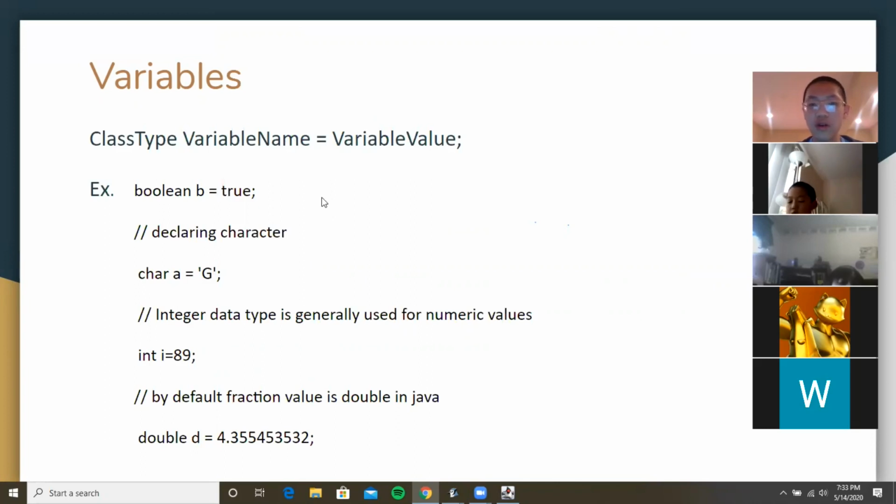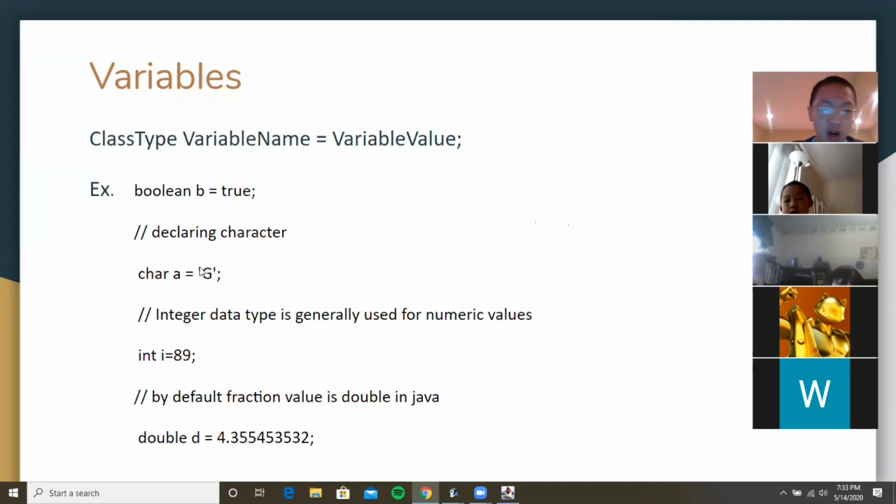So if you're creating a variable, you can create a boolean b, where b is the variable name, and set that equal to true. Another thing you can do is that you don't have to necessarily set it equal to anything. You can just say boolean b and then set it to something later, and that is fine.